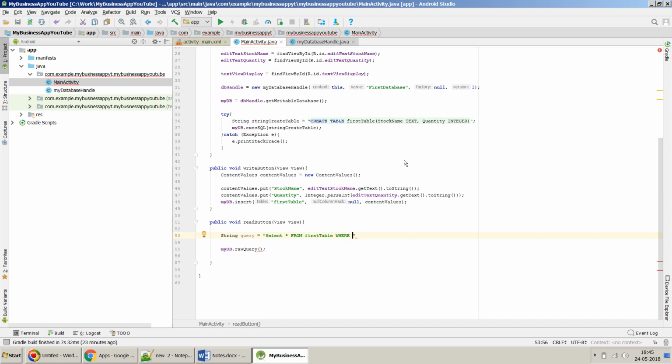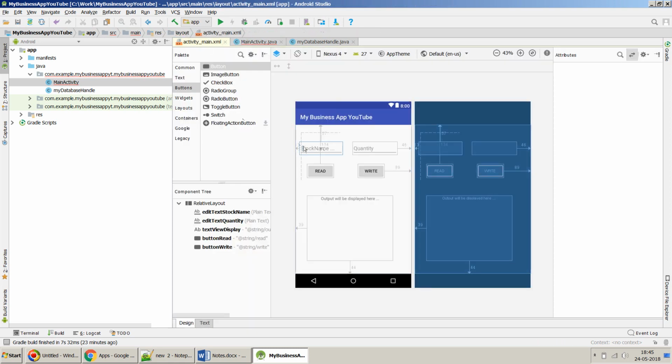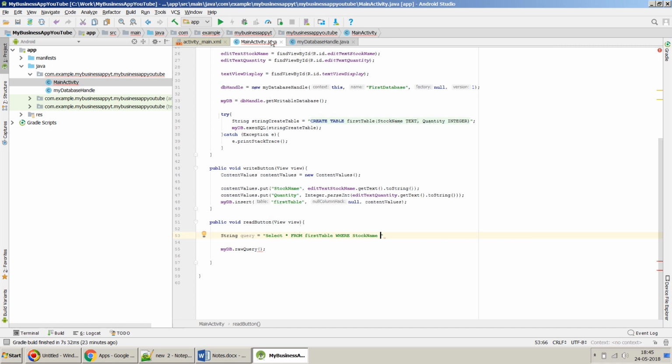So column name will be stock name. So this is our column name. We are basically trying to match whatever is entered here, taking it as a primary key to do a search in our database. So this is equal to,